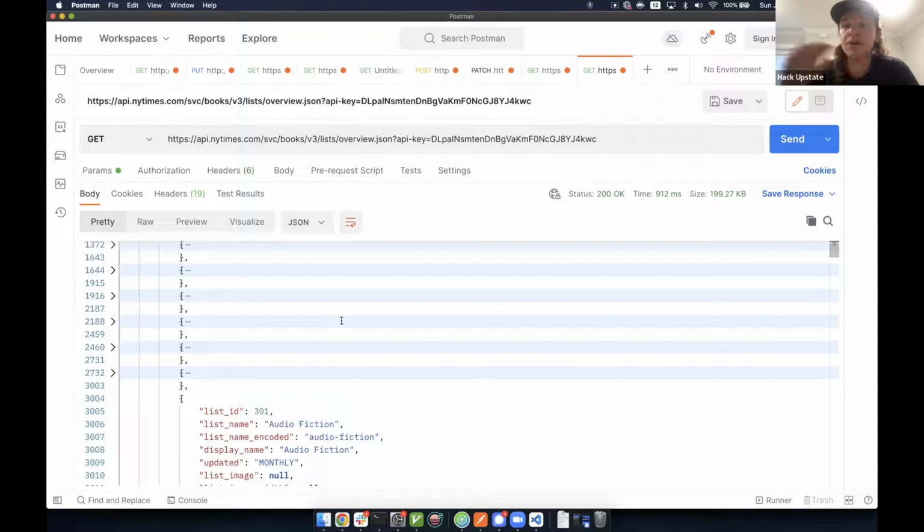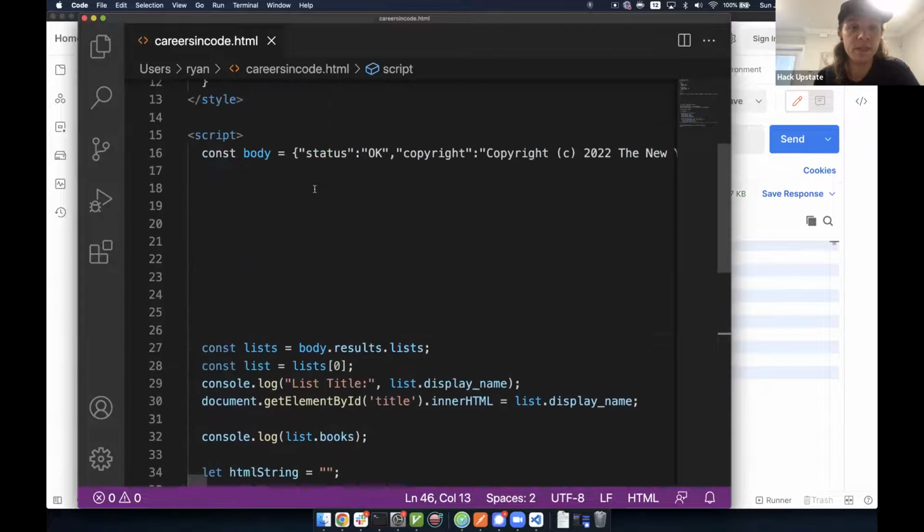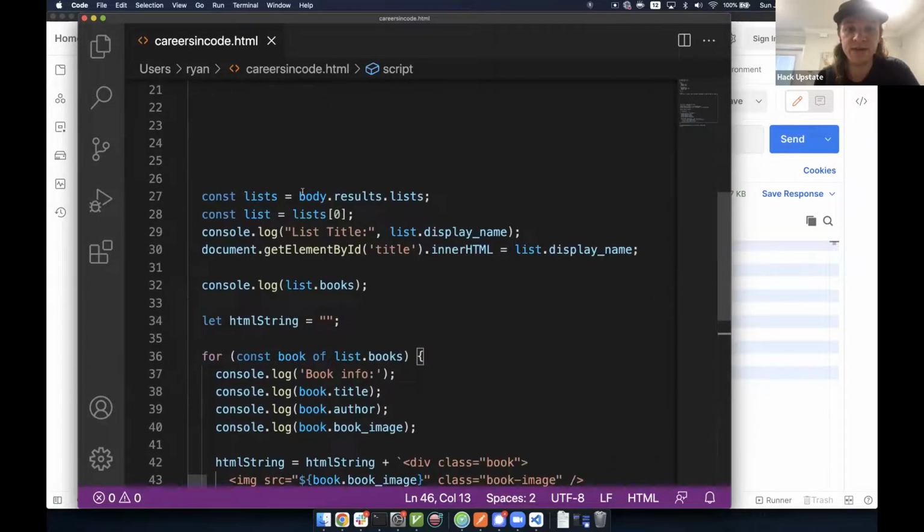So log out the data that you get back from the response in the response body, put that through JSON.parse, and then log out the data you get from JSON.parse. And that data that comes out of JSON.parse should be exactly the same as body in this little thing I typed. So like,